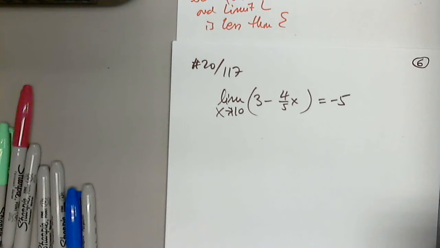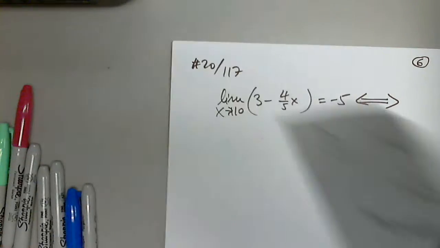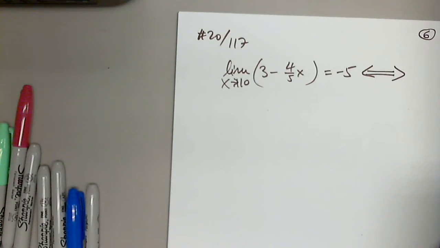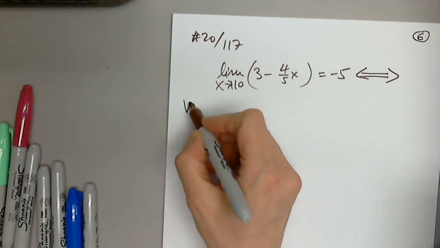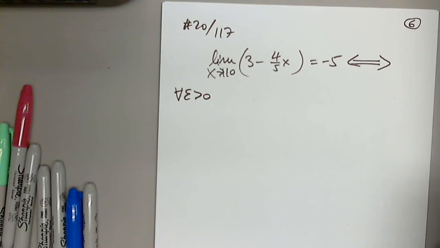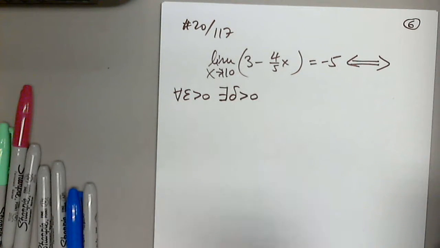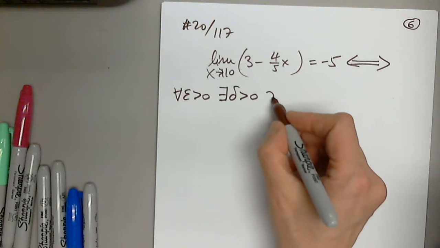Okay. So I start with a double equivalency. That's the first step. And then I write, for every epsilon positive, I will find the corresponding delta positive such that